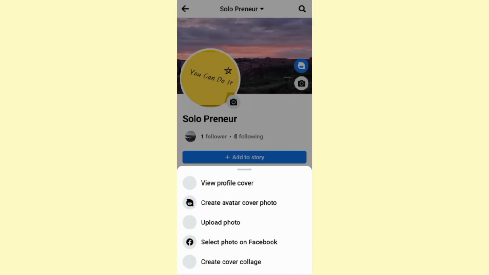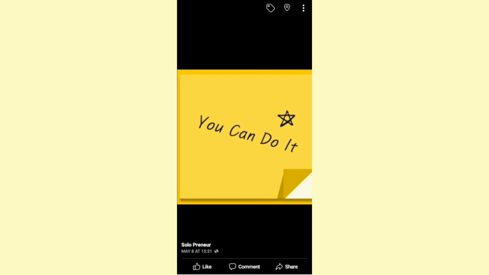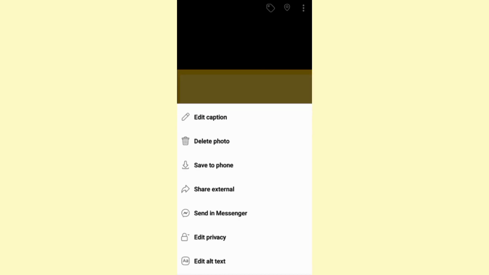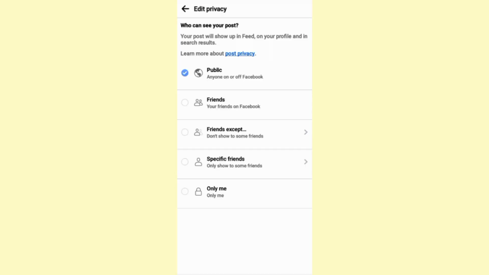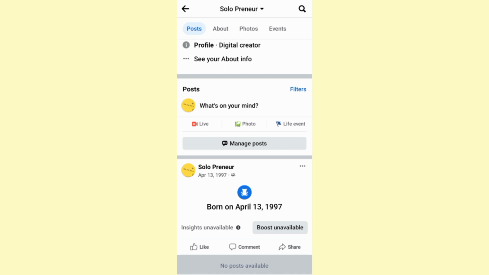You can do it just by clicking on the photo, then click view profile cover to access the cover photo and gallery of your Facebook. Say for example, this picture right here, it was on your profile timeline and you wanted to hide it from there. All what you need to do is click on these three dots at the top right corner, then click on edit privacy, and here you need to click on more and select only me, and by doing that the picture will be only visible to you and other people will not be able to see it